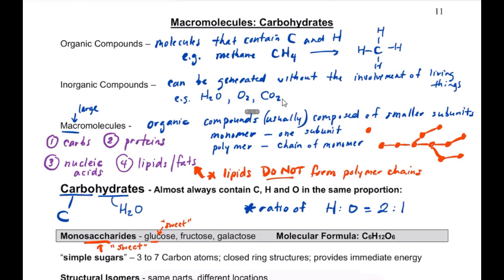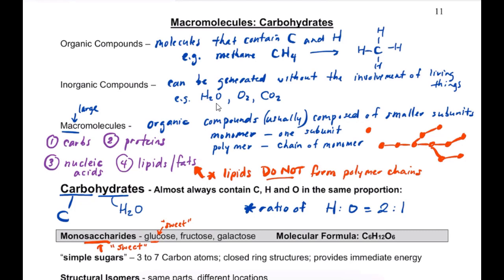The main difference between them, because, like you can see carbon dioxide here obviously has carbon in it. You can have carbons with hydrogen that are not organic. But so then the basic definition that you can use between the two is, did you need a living thing to make it? Or is it commonly created by a living thing, or is it just, it can exist without living things? So water, oxygen, carbon dioxide would be inorganic because although we use them as living organisms,